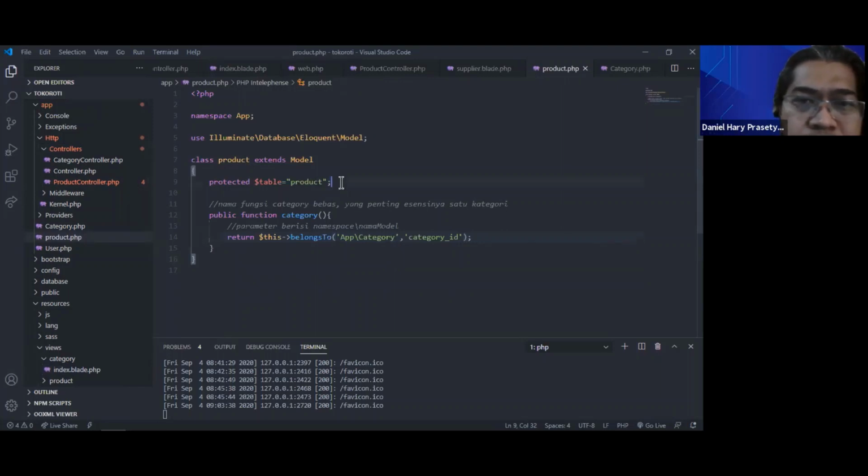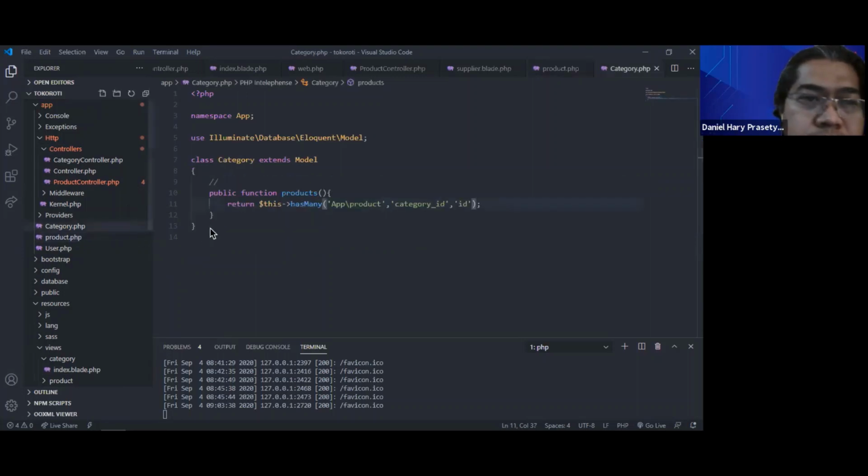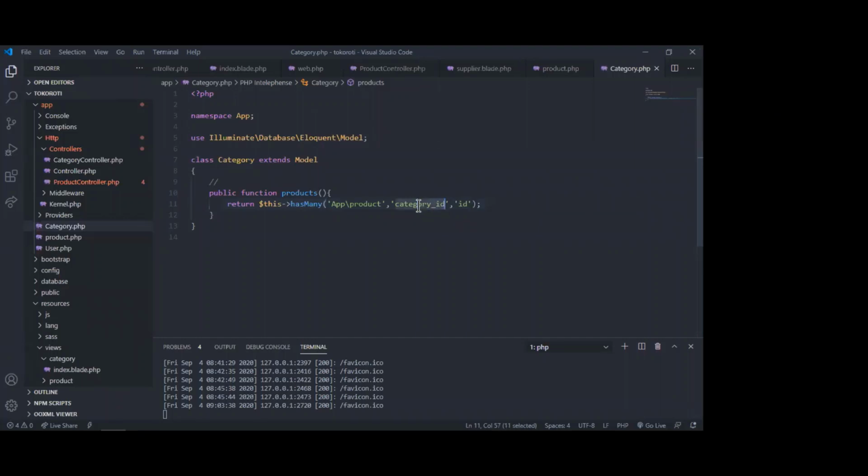Okay, this one is not necessary. We do not use product model yet. So in category. Okay, your product, is it this one, sir, maybe?